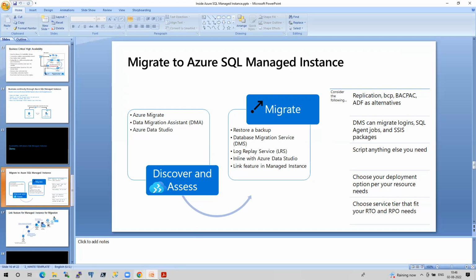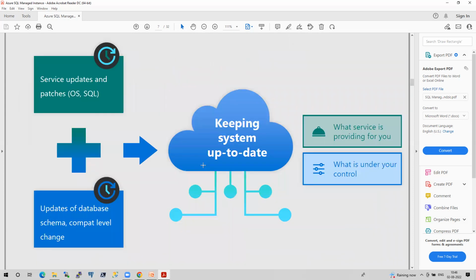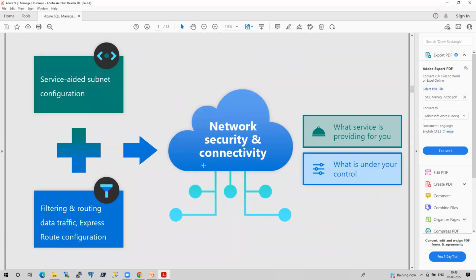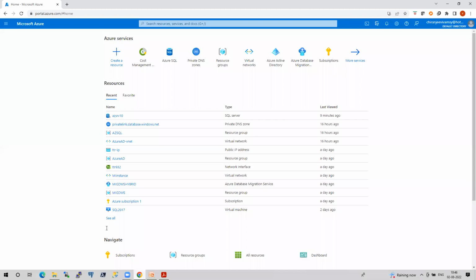So let's come back to our MI creation and then I will discuss this part. This is what I want to show you. On VMs, you have full control on the operating system. So this is for VMs, this is for MI, and this is for Azure database. All of this is supported on MI, and these features are not there on our Azure SQL. I'll share these PDFs and PPTs that I have. So let's first create the MI, and it will take 4 hours, guys. Once we create this, I have to wait for 4 hours.